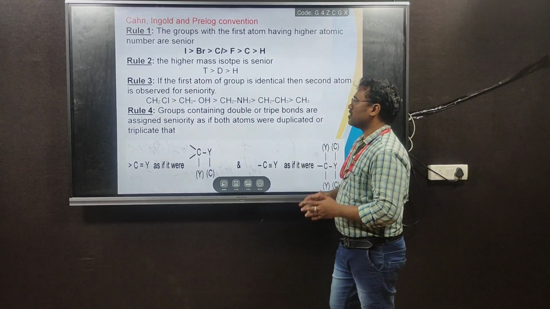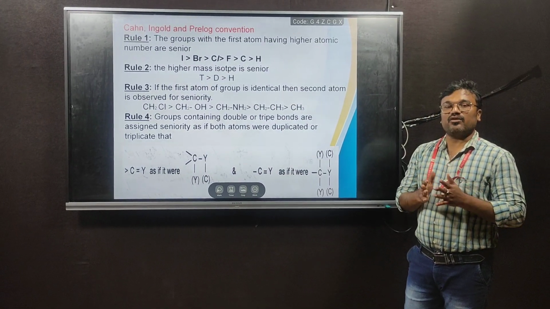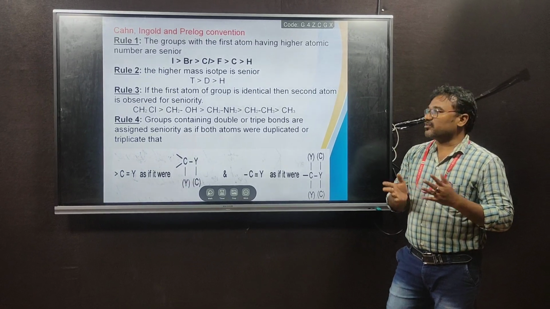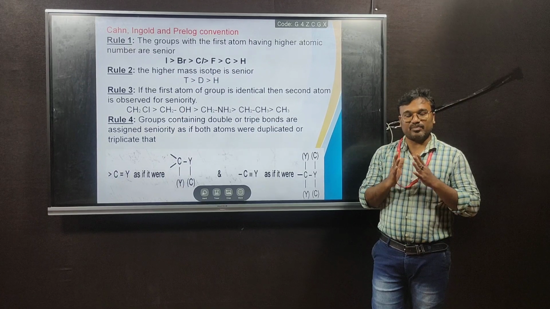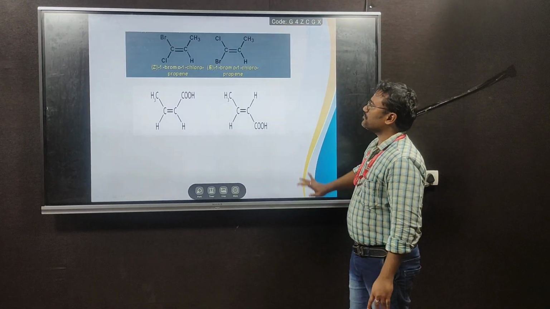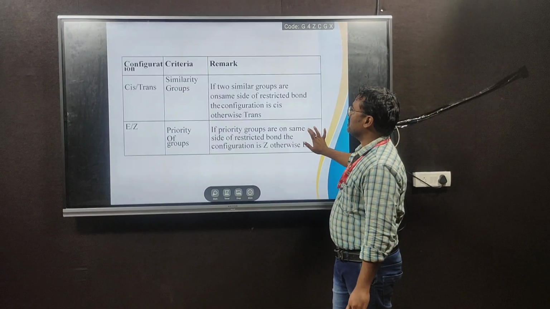Next, if there is any double bond or triple bond, then we have to give more priority to the double bond or triple bond. If both double bond and triple bond are present, then we have to give first priority to the triple bond and then the double bond. You see the structure of this is